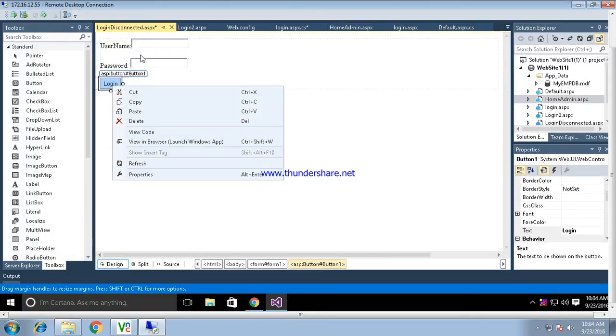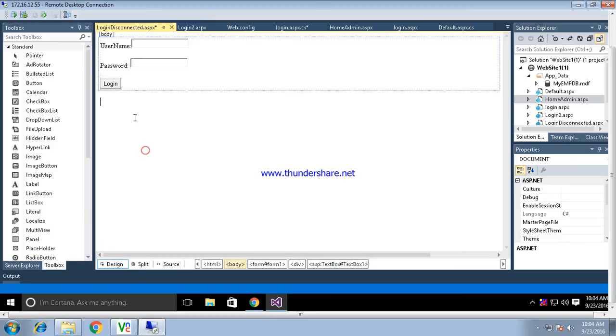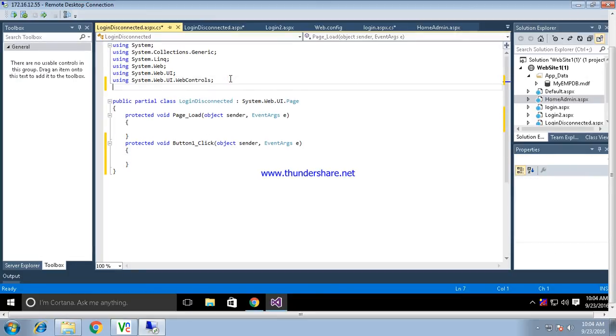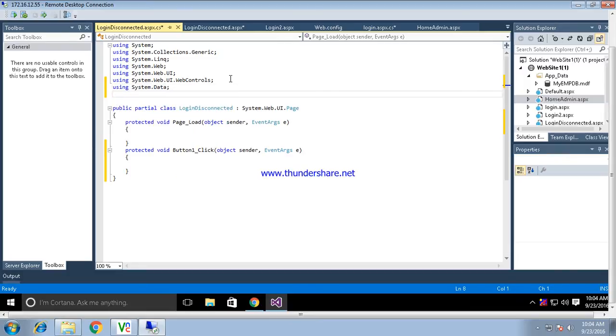But now we want to use which approach? The disconnected. As we have discussed, the very first thing you have to do is include the namespaces. The first namespace is System.Data, and the second is System.Data.SqlClient.